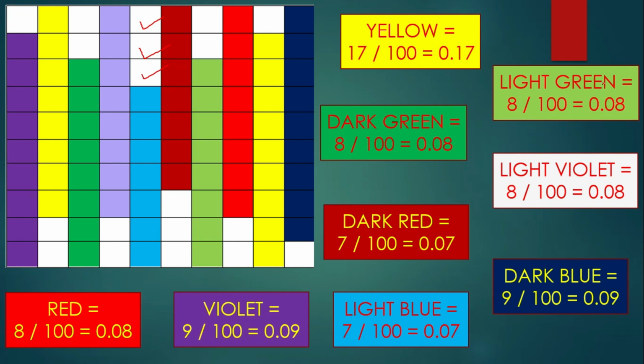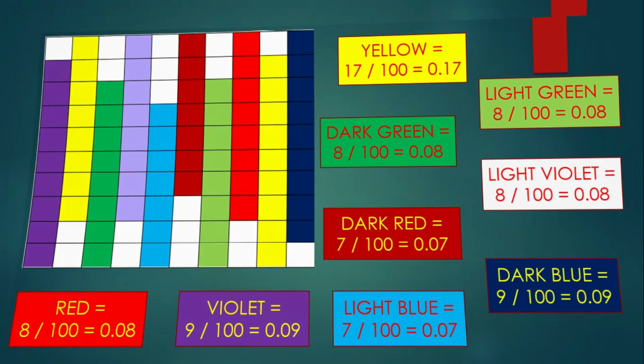So again the name of the colors you can see on the screen, and then I have counted the number of squares colored in that particular color, and then again the fraction part and the decimal part of each color used you can see on the screen, right? Now similarly you will be seeing some more patterns.